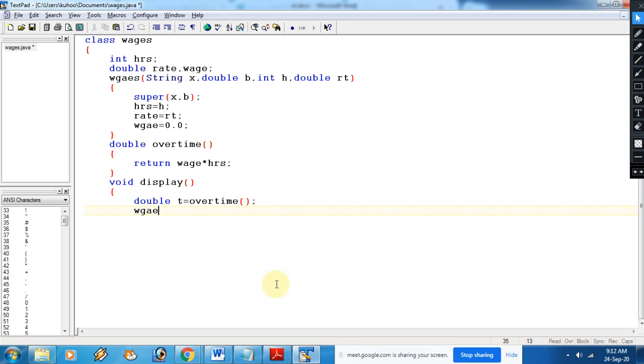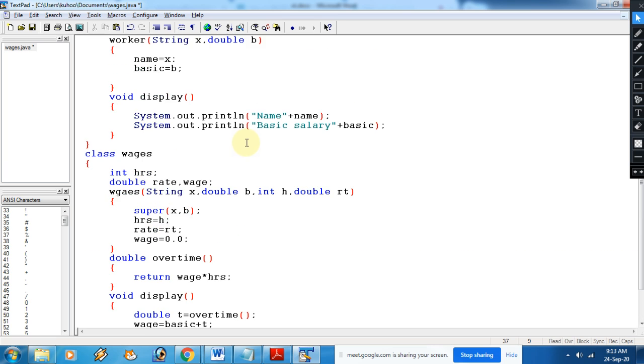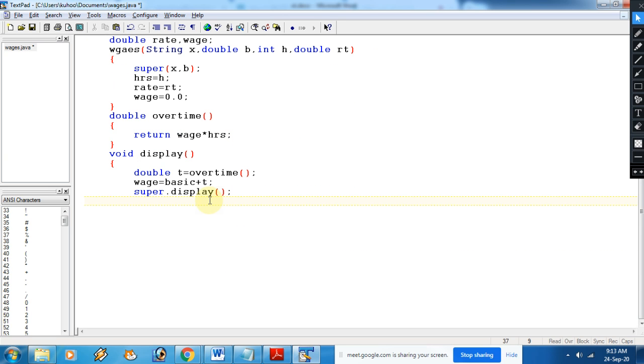And then after that we store wage. Sorry, the variable name I have mentioned here is wrong. So wage equals the basic plus the overtime, and then after that we will call the superclass method display, in which we have printed the name and basic pay of the student or any worker.